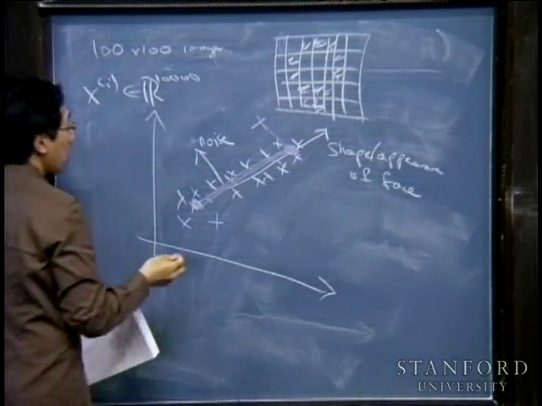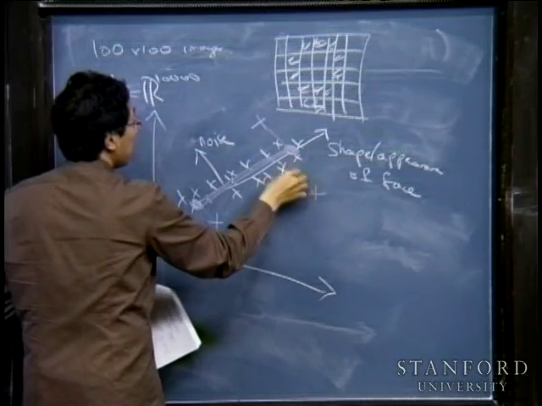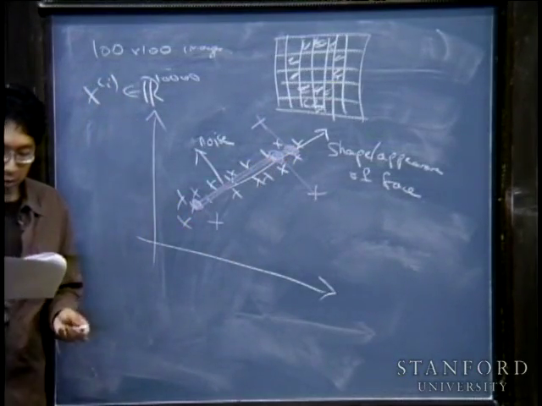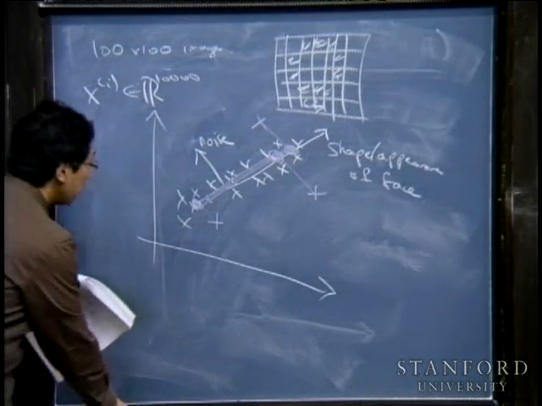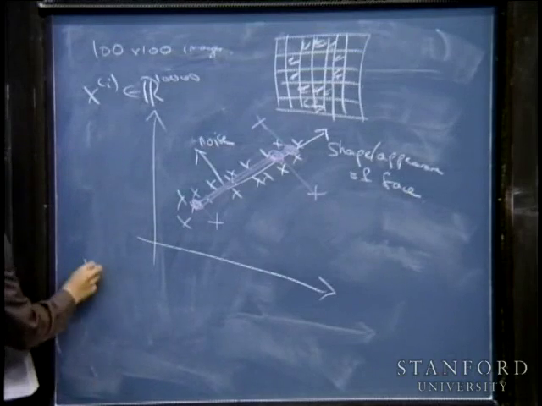And so when I do that, I may end up with a face here and a face here that look very far apart in the original space, but when I project them onto the subspace, they may end up looking much more similar. So what I want to show you in a second on the laptop is, given each of these training examples,